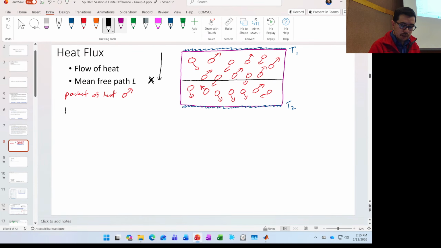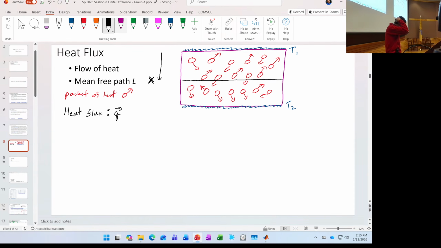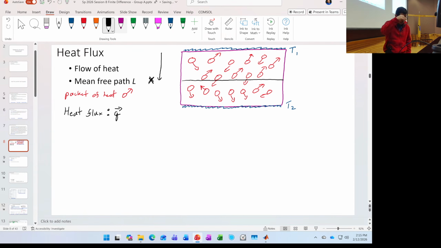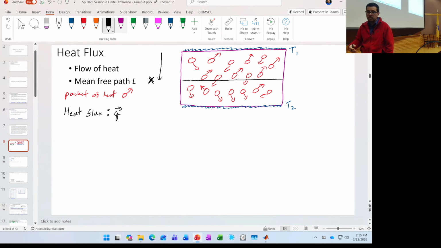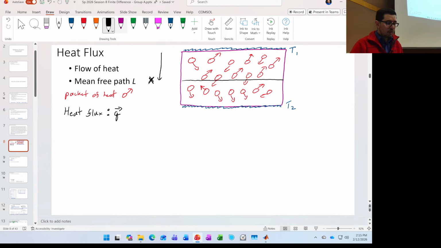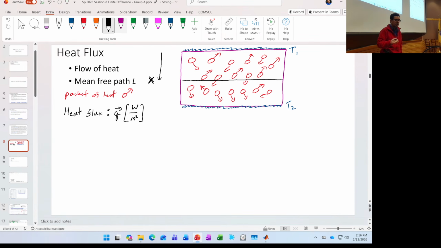So we describe this flux. There's a heat flux that we can describe in terms of Q. And if you look in different heat transfer books, they'll use a Q double dot to distinguish this Q from just a power of heat, a heat power. Okay, and so here the units are power per area, or watts per meter squared would be one fair representation.